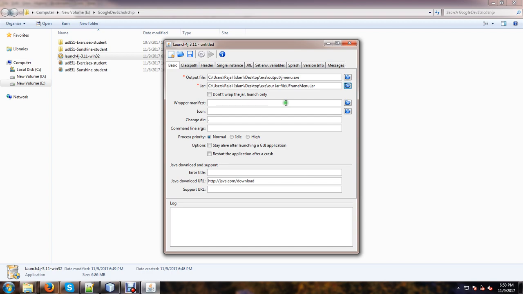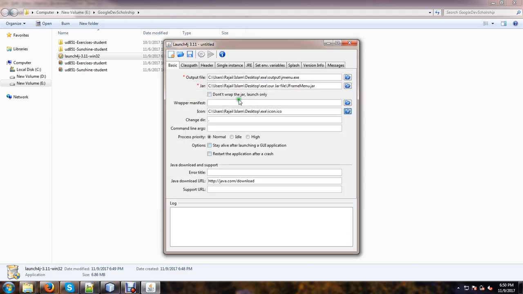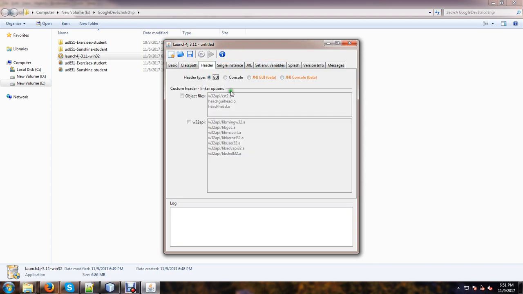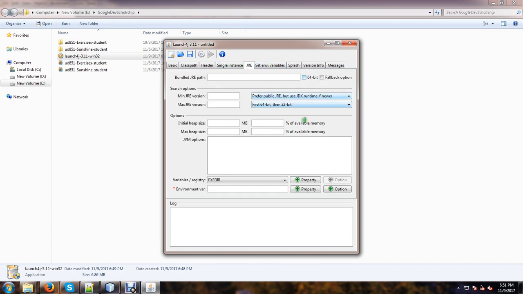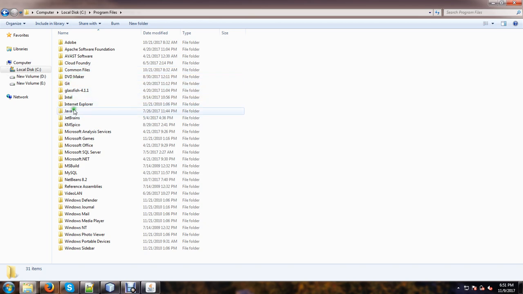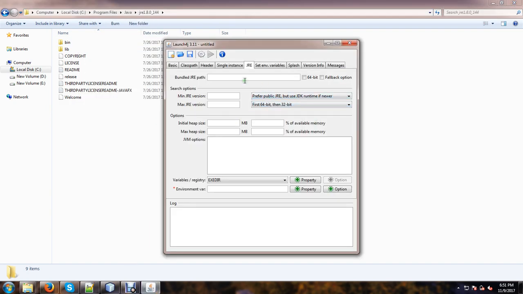Okay, and we can give an icon. At this moment we do not need to provide any icon here, but we can give any icon if we have one. Okay, no problem, and this field is not necessary here, and at this moment we have to provide the JRE path. So look for our JRE path. Here is Java, okay, JRE, there's the JRE location or JRE path here, and just go there and just